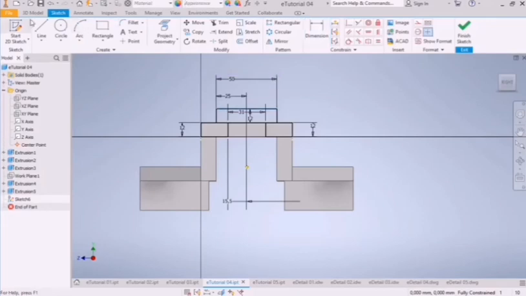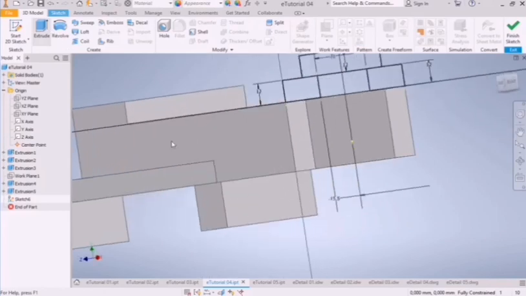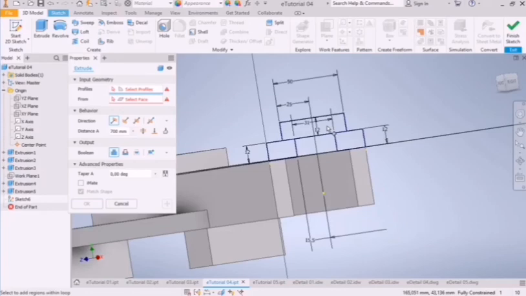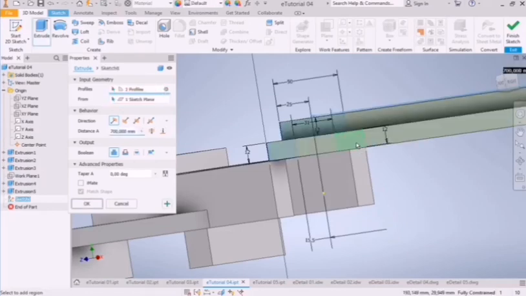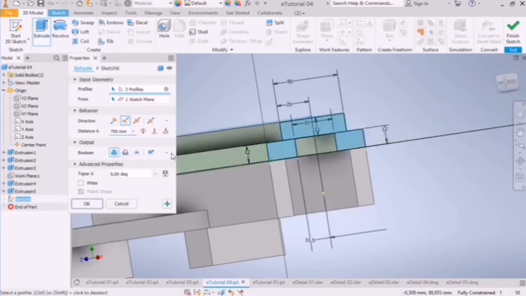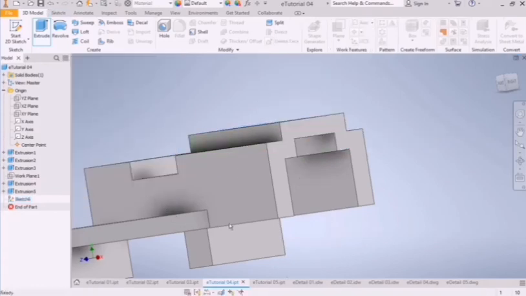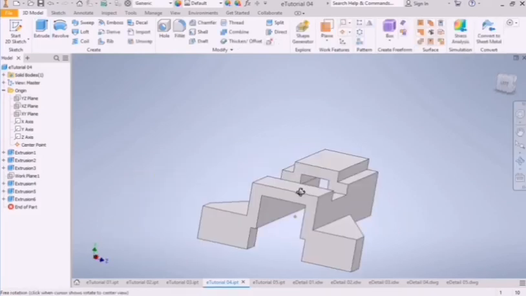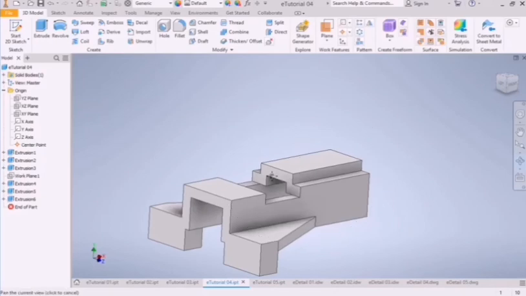And then now, one, two, three. And then but the opposite direction by 100. That's what we want. Then say okay. That's it. And then again